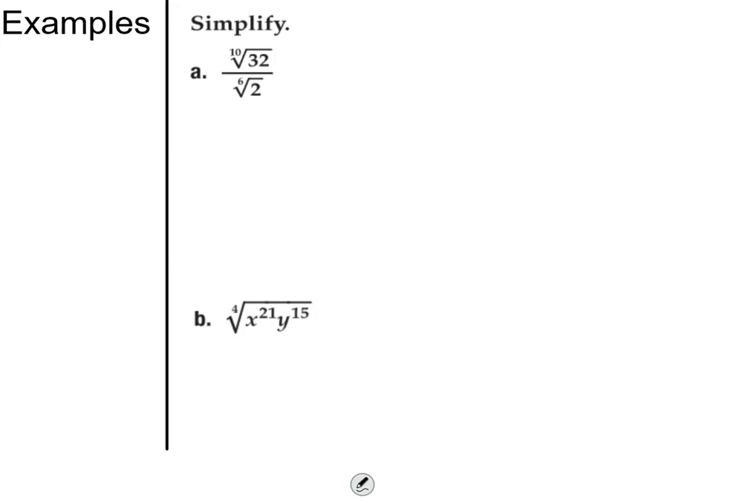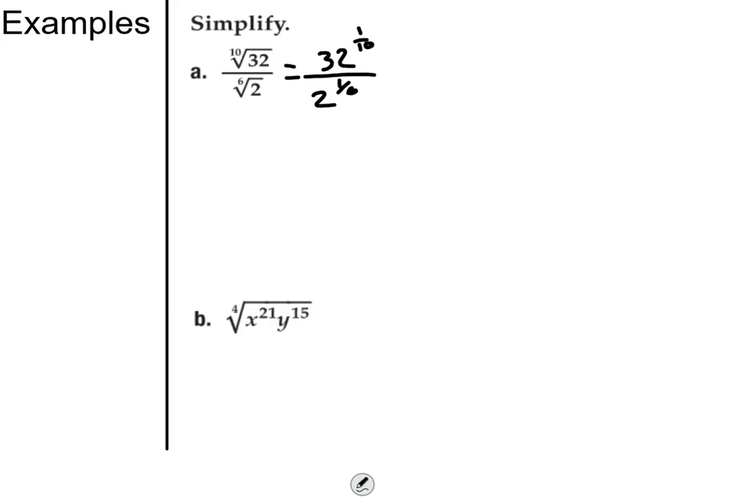So here we have the 10th root of 32 and the 6th root of 2. And like anything in algebra, there's a couple of different ways that you can do it. I think the fastest way would be to create fractions for exponents first. So you'd have 32 to the 1/10 divided by 2 to the 1/6, and here what I would do is